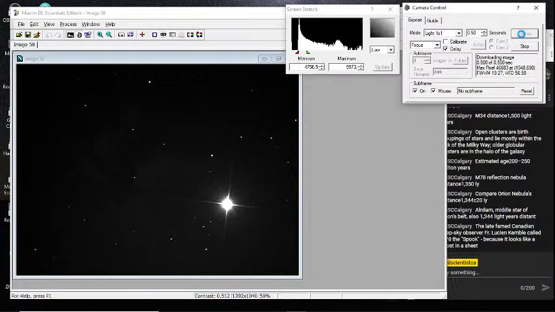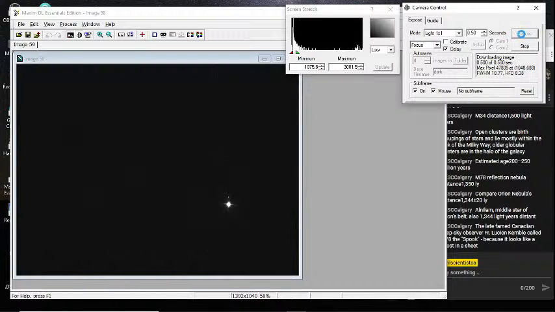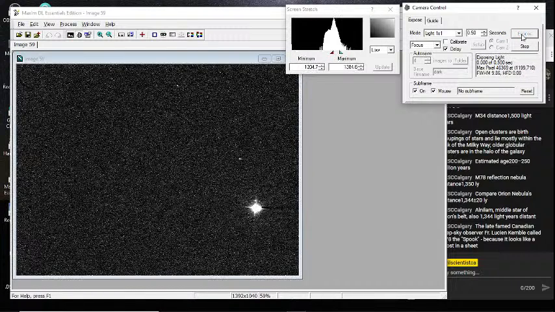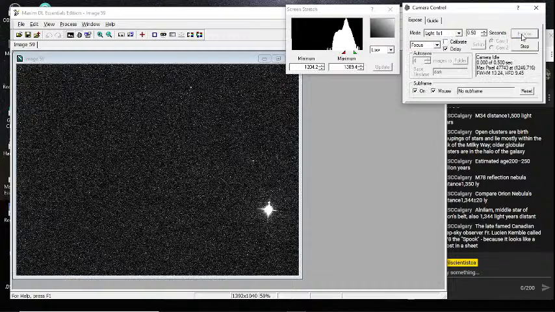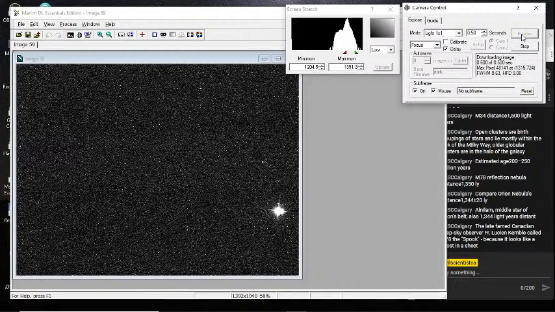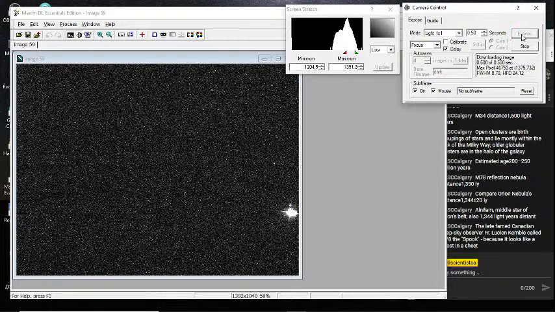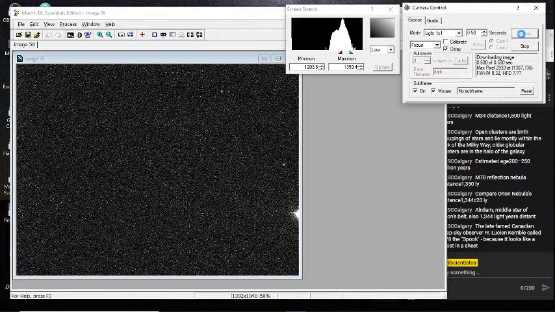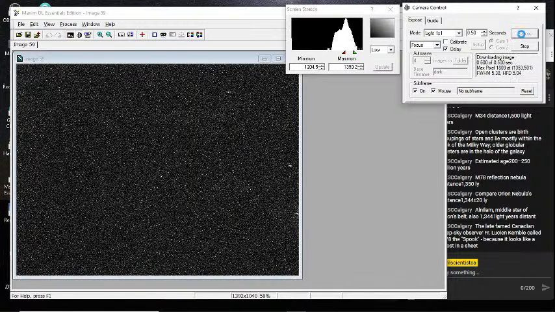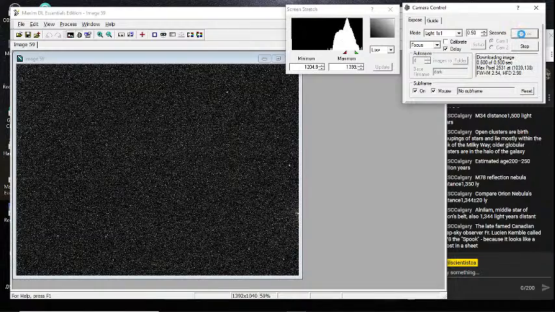And then we can move that out of the way. Just get it off the frame so it's not causing problems. There we go.